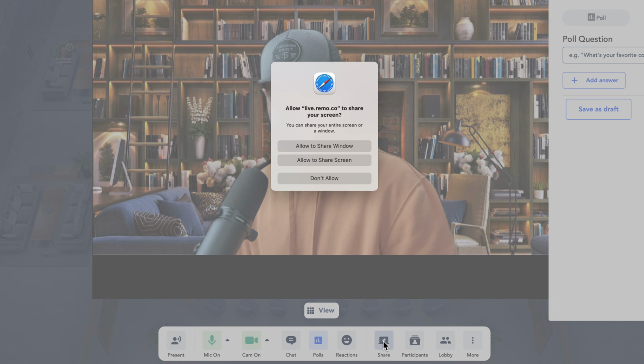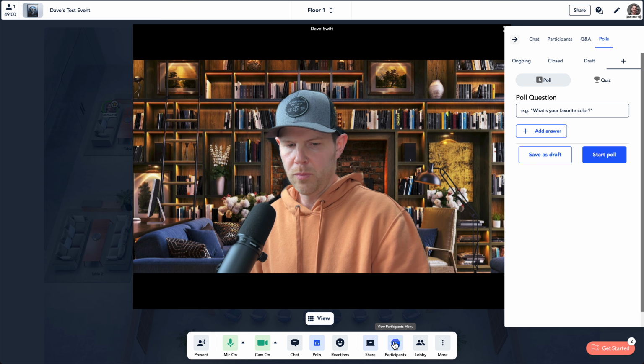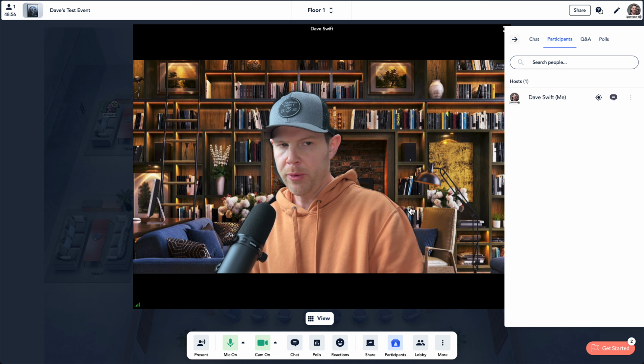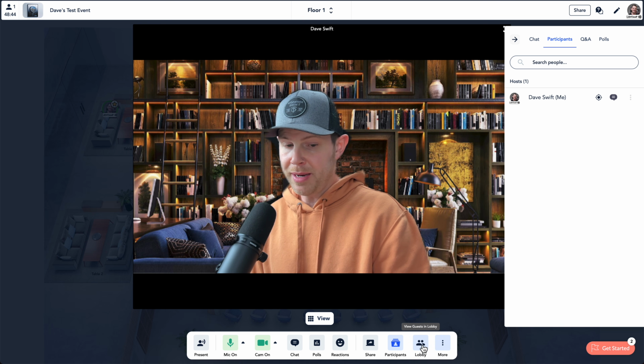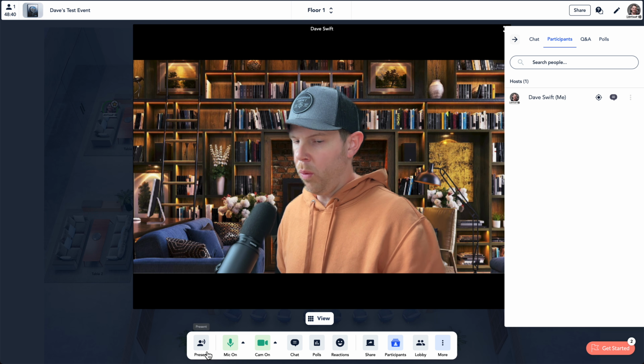We can share our screen right here. It's going to ask me to share my screen. I'm not going to do that right now, but that's definitely possible with a simple click right there. We can view all of our participants. That's just popping open our chat bubble here again, going to that participant screen. And then there's a button down here to go back to the lobby. Now, I'm not going to click that because I want to point out one button that I skipped over here,